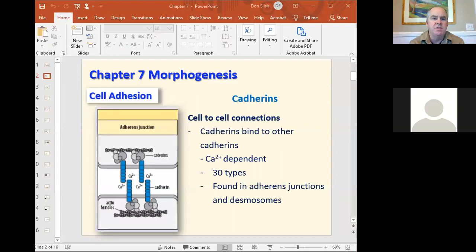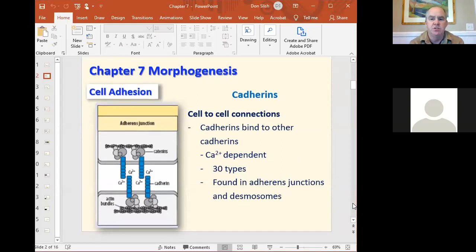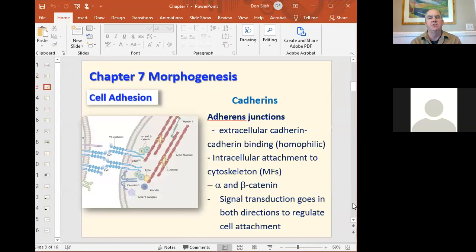Okay, so these cadherins are found in two different types of structures. And the big difference between the structures is what these things attach to on the inside of the cell. So adherens junctions are when you've got cadherins grabbing cadherins on the outside, and on the inside they're attached to microfilaments. We'll talk about microfilaments more later, but microfilaments are made of actin, and that's what's in the cortex of the cell